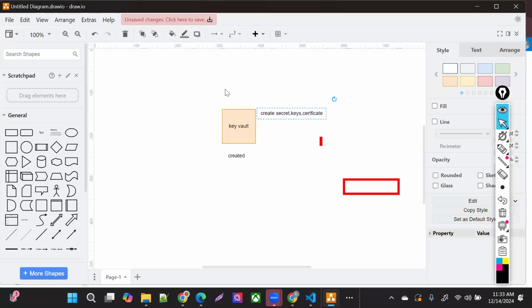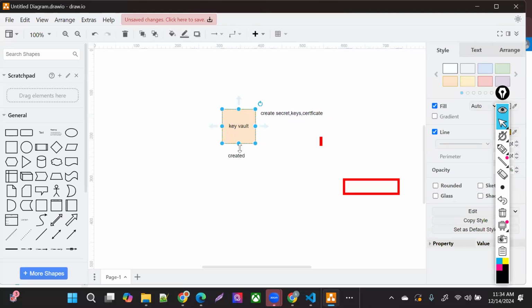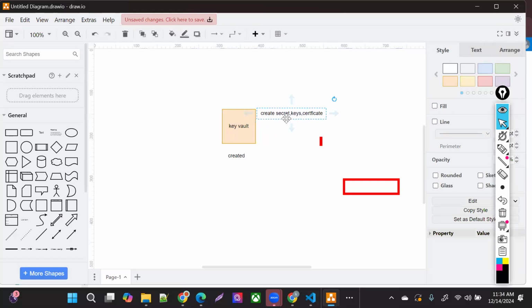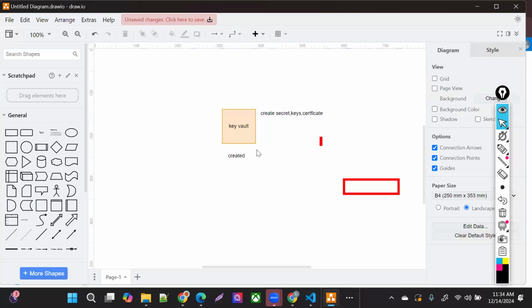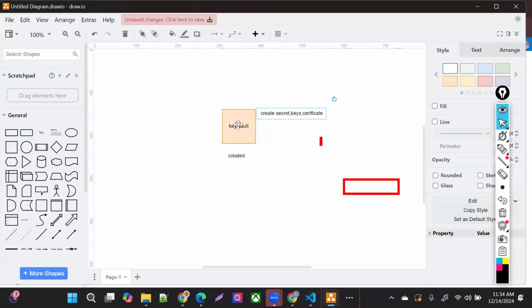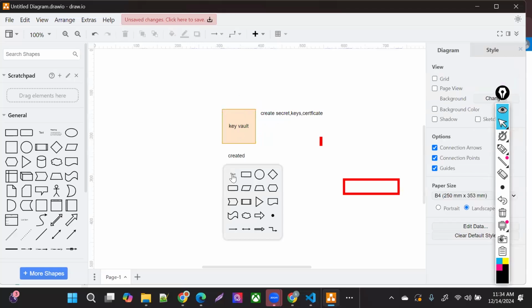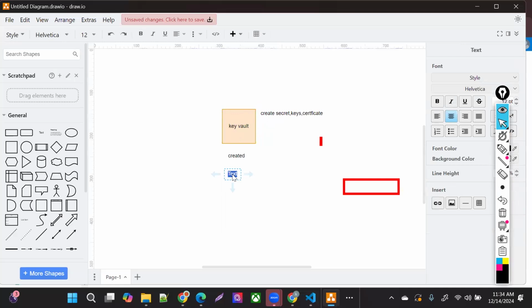You need to provide your access on that key vault. You created a key vault, that's one thing. But if you're trying to manage or modify these things, which are basically on the key vault only, keys, secrets, and certificates, it's not going to allow you. Then how are you going to do that? Now, there are two ways to manage your permission model, which I mean the permission on that key vault.